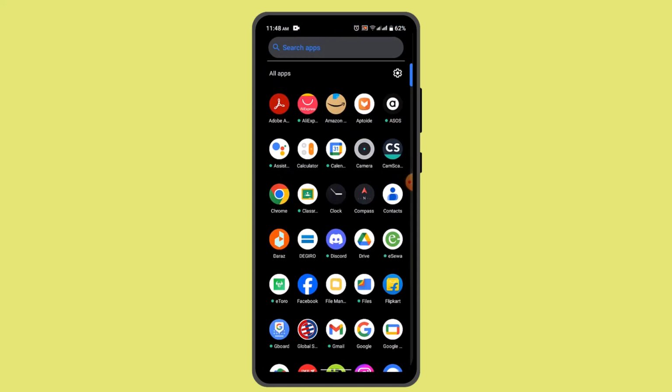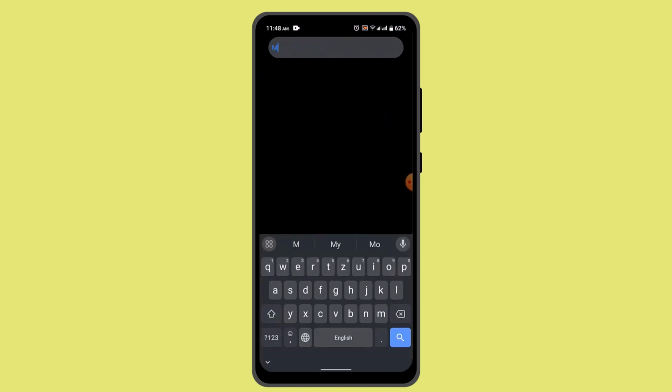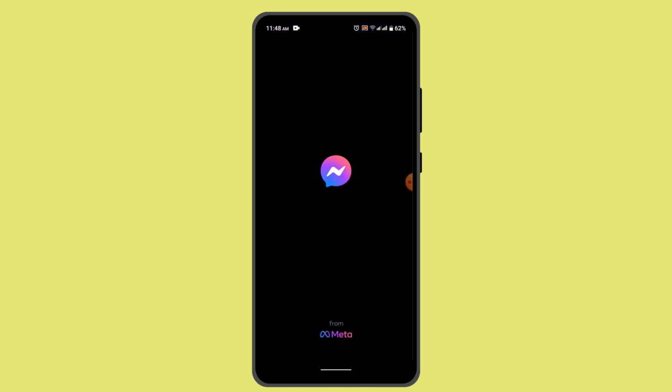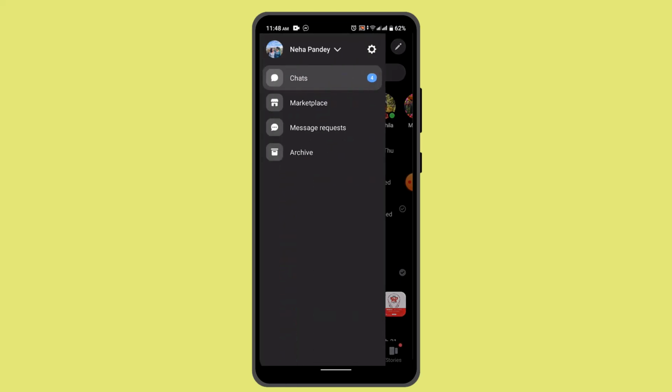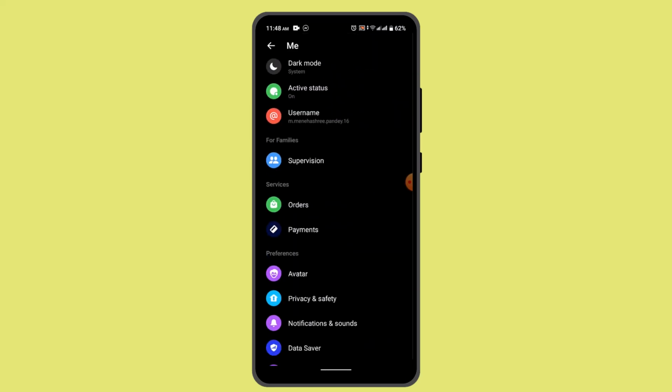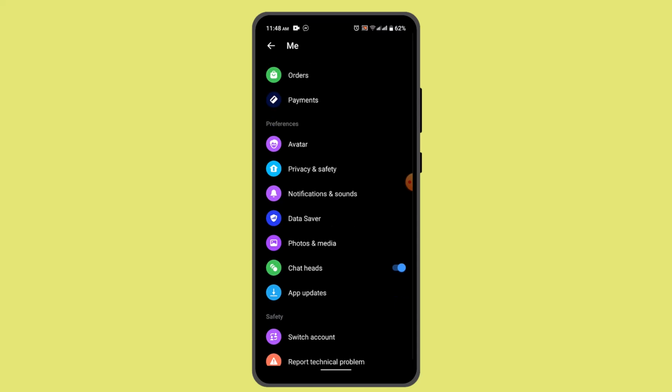All you have to do is just go ahead and log in to your Messenger application. Make sure that your application is completely up to date. So while you're on this page, this is how it's going to look like. So here you have to tap the tab bar icon from the top left hand side and go to the gear icon. As you do that, you need to scroll down a bit and head over to the interface